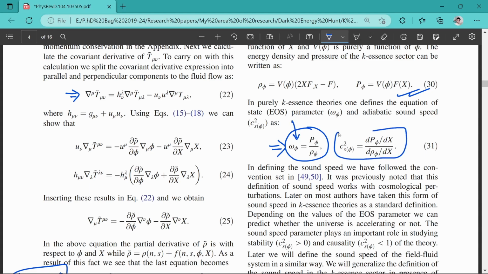And now whenever we are using the non-linear aspect of a field, like whenever you have a non-canonical theory, any kind of Lagrangian consisting of phi and some non-linear aspect like x, this can be simple K-essence, or maybe a tachyon field, or some different field. Then again there is some contribution coming from the sound speed, that is, the speed of the K-essence sector, and this speed actually comes from when you take the perturbation in x.